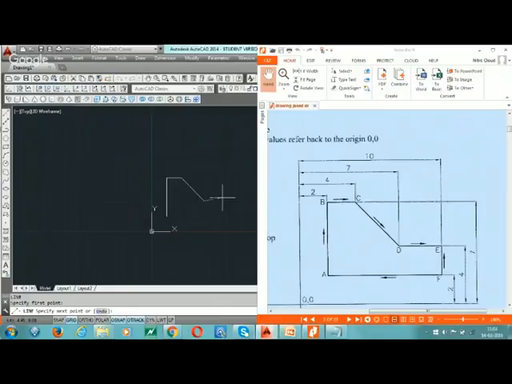So @ 3 comma 0. Enter. After that, for downward we are going to 0 in X and 2 in Y. Then use @. Here the direction of Y is negative -2.